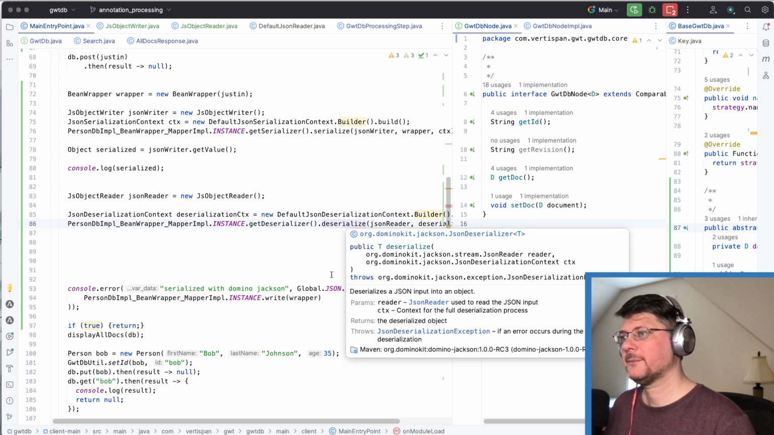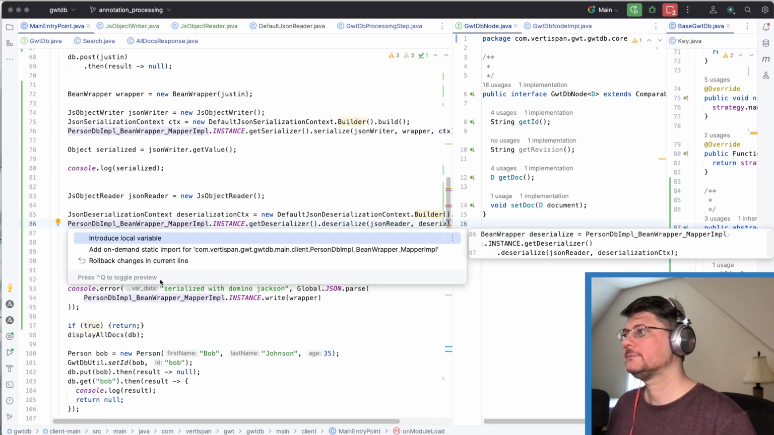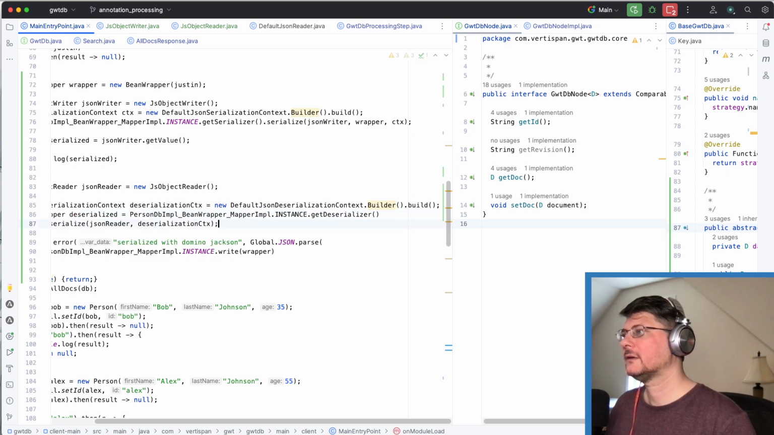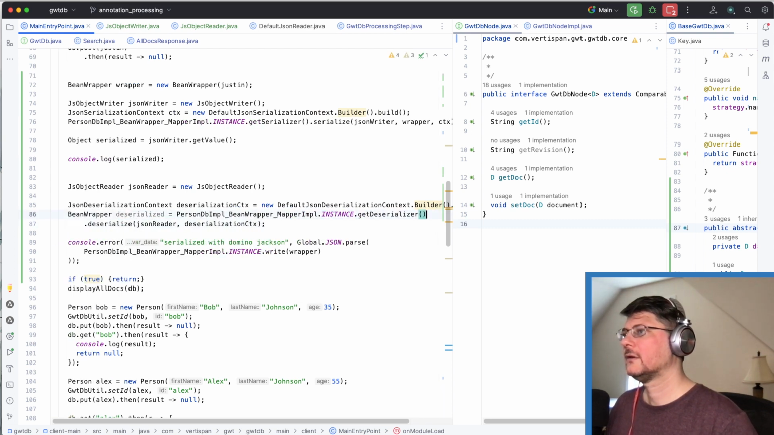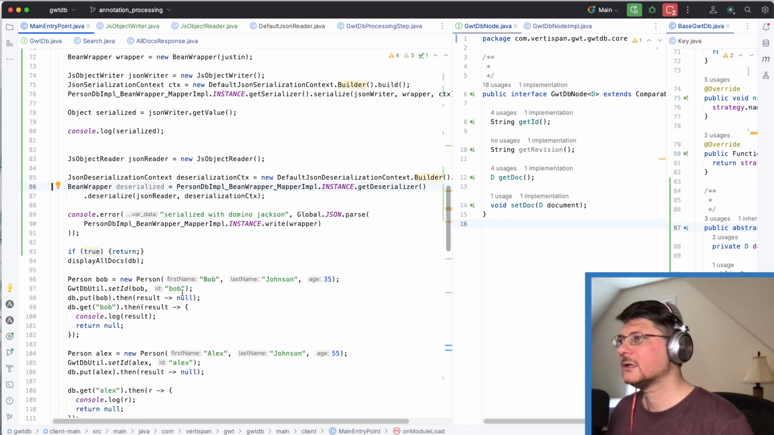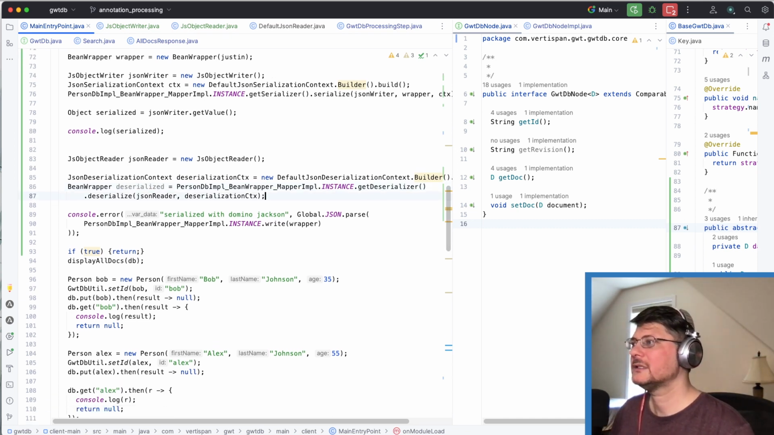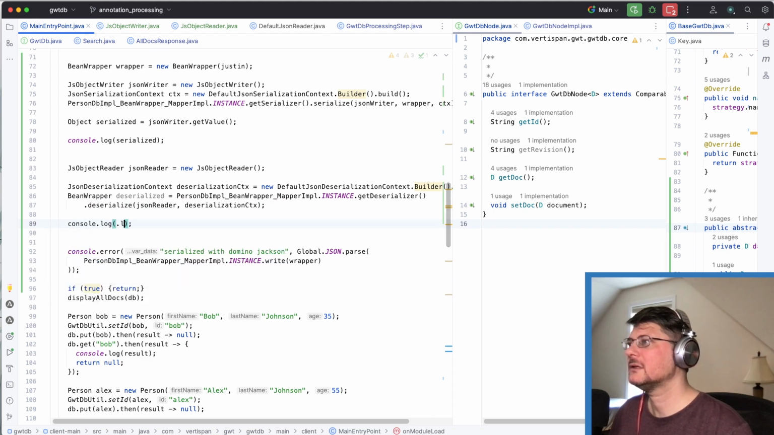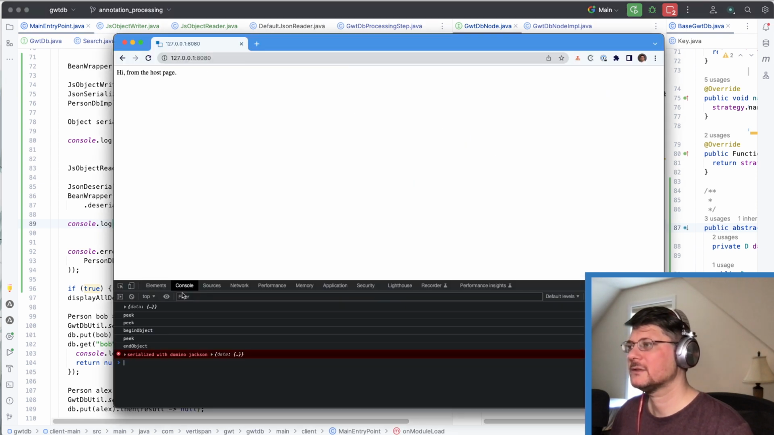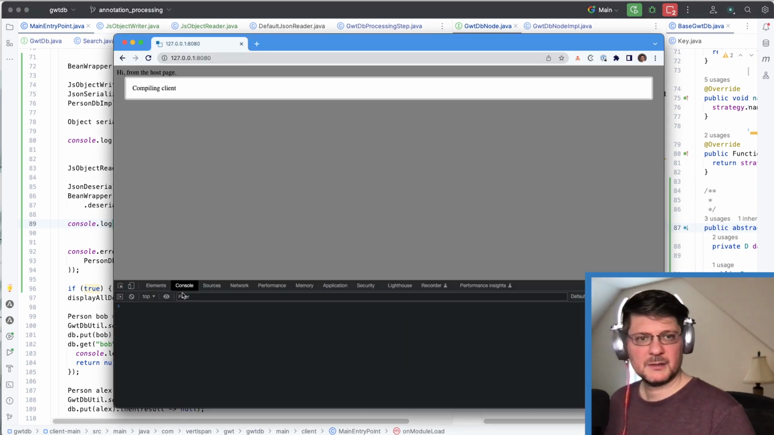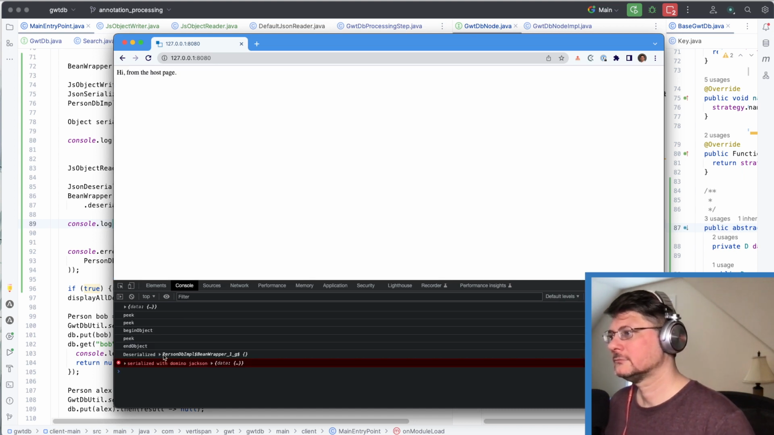Does this return anything? Yes, it returns the deserialized object. All right. Deserialized. I really doubt this is going to work, but we should see what this looks like at least. Console log deserialized. Let's just throw that onto the console and see what it looks like. So it automatically instantiates